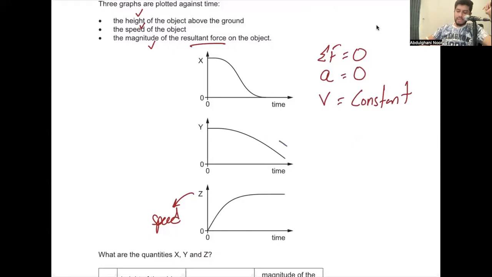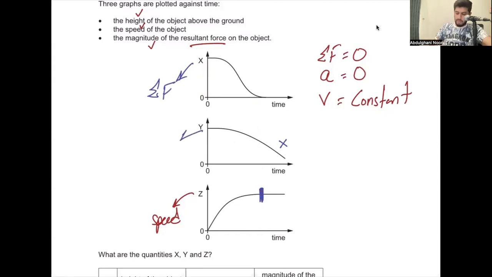I know this cannot be force. Why am I saying that? Because somewhere around this time, my speed becomes 0. At this particular time, my speed becomes 0. जब स्पीड 0 है तो रिजल्टेंट फोर्स भी 0 होनी चाहिए. लेकिन क्या यहाँ पर उस टाइम पर हमारी रिजल्टेंट फोर्स 0 है? नहीं. लेकिन उस टाइम पे हमारे इस वाले ग्राफ के हिसाब से अगर हम इसको रिजल्टेंट फोर्स लेते हैं तो बिल्कुल रिजल्टेंट फोर्स 0 हो गई. So this x has to be resultant force.